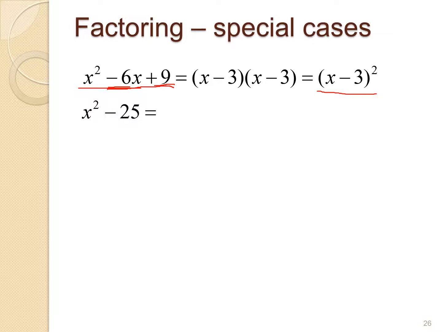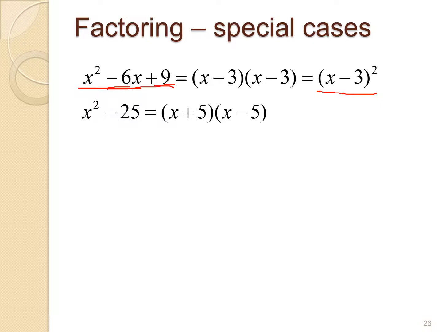Now this, look at these, they are both perfect squares. 5 times 5 is 25, and x times x is x squared. So whenever you have that kind of thing happening, and there's no x as an in-between term, it's just x squared minus 25 or x squared minus 36 kind of thing, that's always going to fall into this form. You can factor it to here pretty easily, but if you know it's going to be in this form, then you simply take the square root of this and the square root of this,